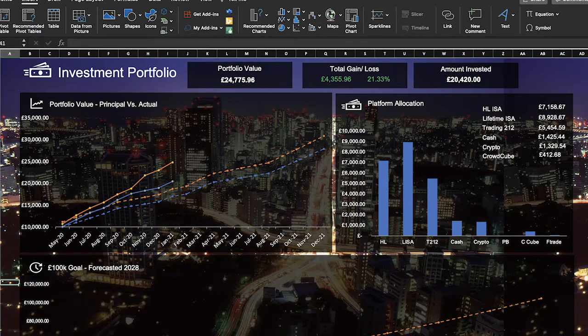Nowadays, there are so many different investment platforms to choose from, so many competitive brokers with different fees, free shares